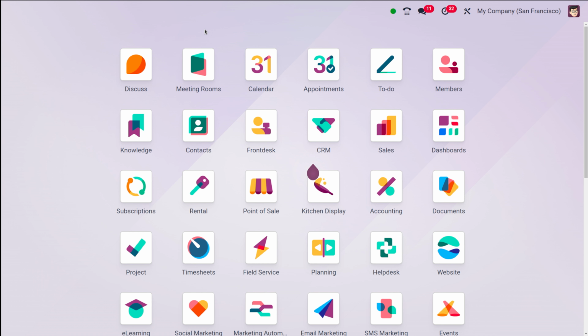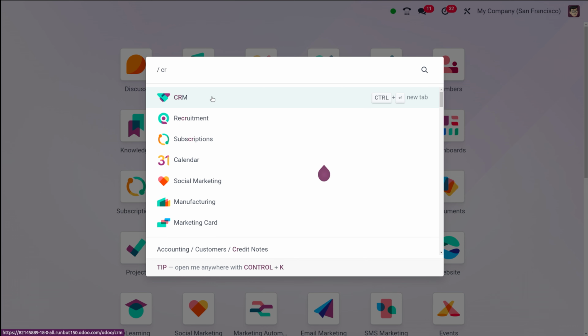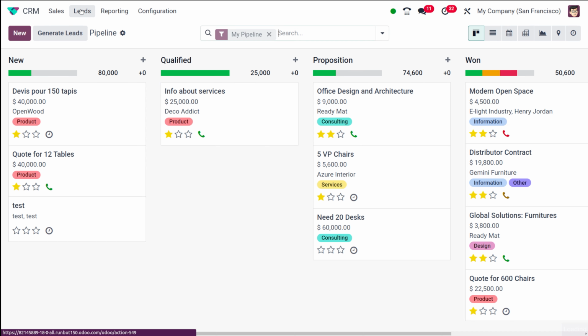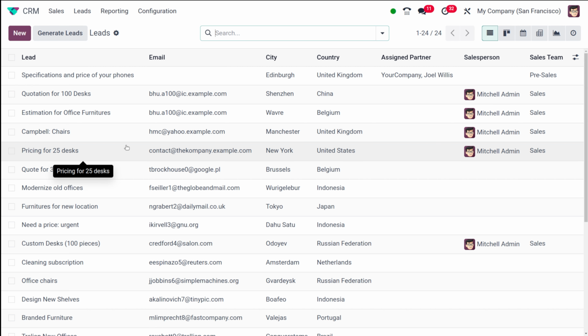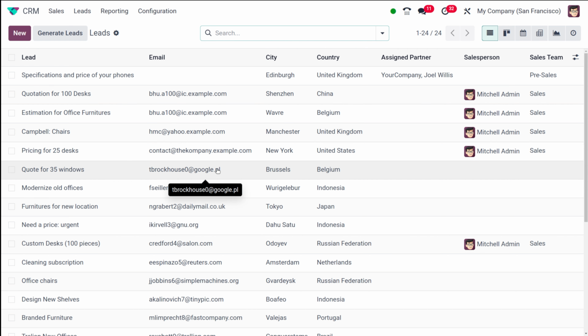Odoo automatically detects similar leads and opportunities based on the email address and phone number of the associated contact. This is your first step to identifying duplicates. For that, first let's go to the CRM and go to the leads. When Odoo finds a potential match, you will see a similar leads smart tab button appear prominently at the top of that lead or opportunity record. So this smart button is your alert system for potential duplicates.